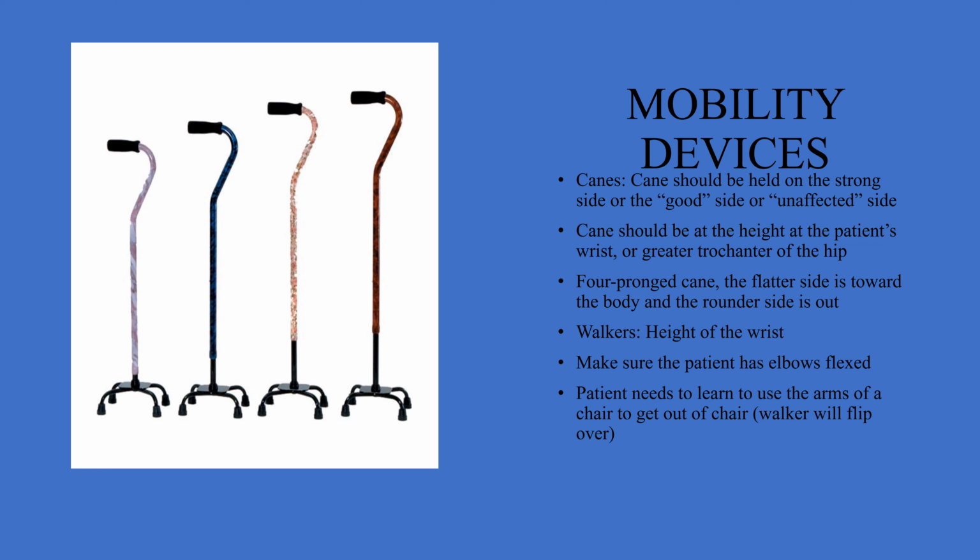Now, if the patient is using a walker, the walker needs to be at the height of the wrist as well. The patient should have his arms flexed, and the patient needs to learn how to use the arms of the chair to get out of a chair. So if the patient has a walker and he's getting out of the chair onto the walker, the patient needs to push his weight down on the chair before he grabs the walker so the walker does not